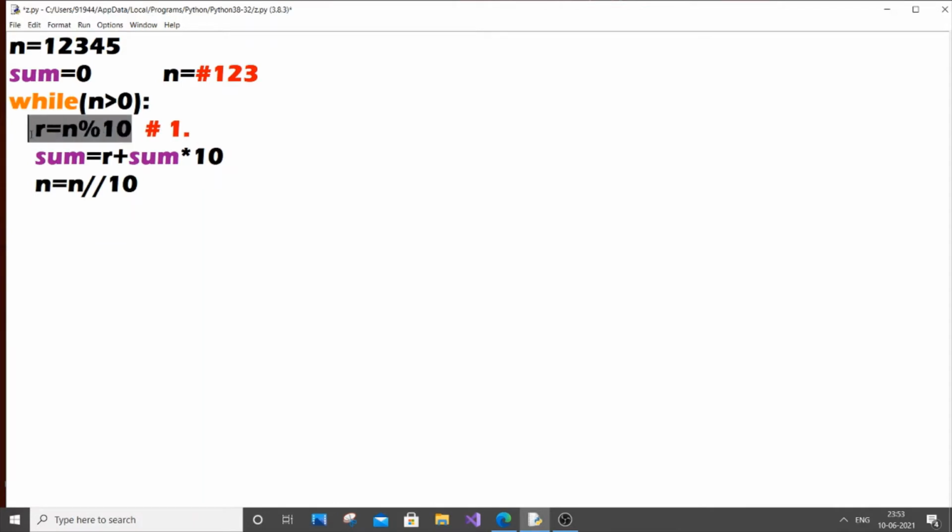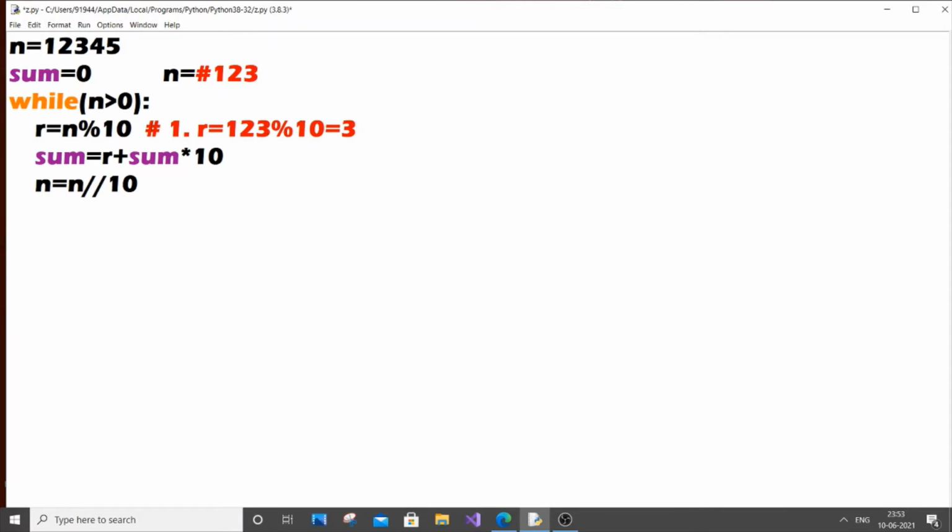In this step our main aim is to split off the last digit. We're just getting the last digit of the number. Here the last digit is 3, and modulus just returns the remainder. Suppose 11 mod 10 gives you 1, and 15 mod 10 gives you 5. So r equal to 123 mod 10 gives 3. The number remains the same; we are just extracting the last digit. That's the concept.